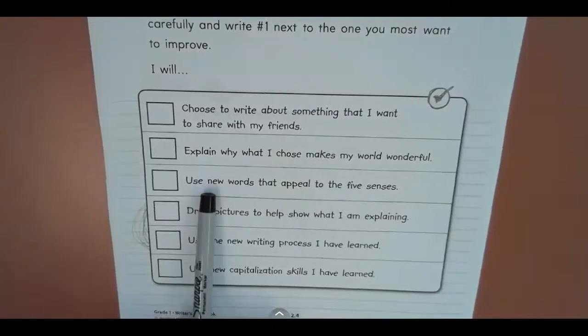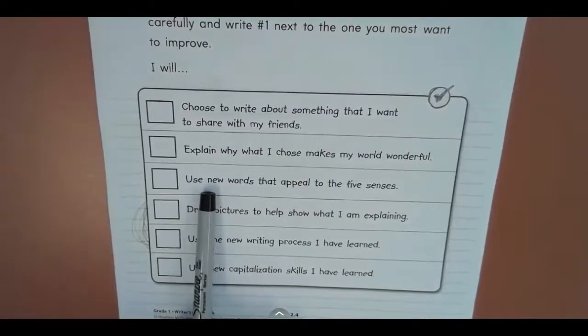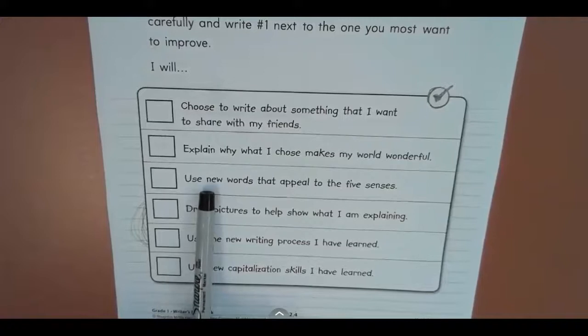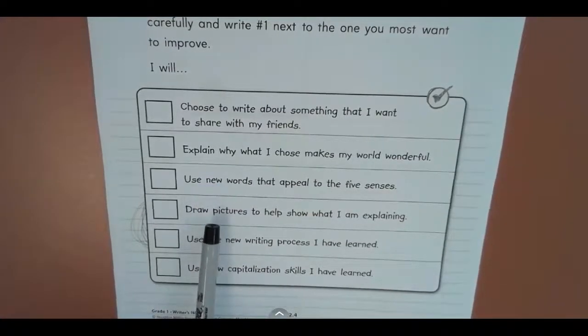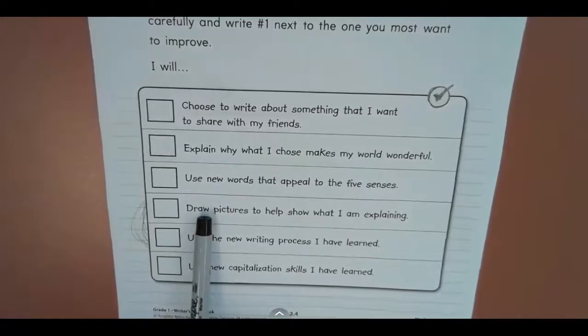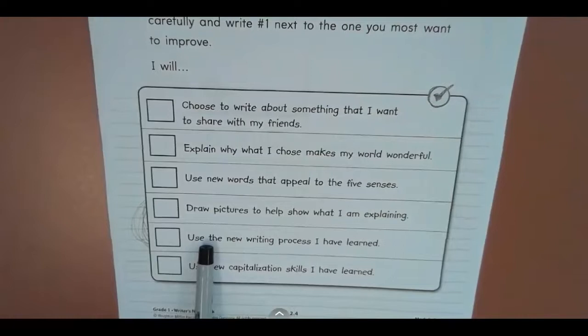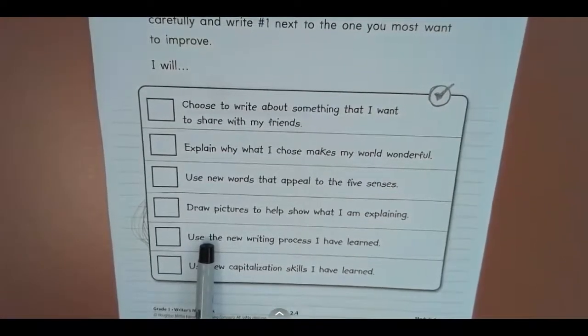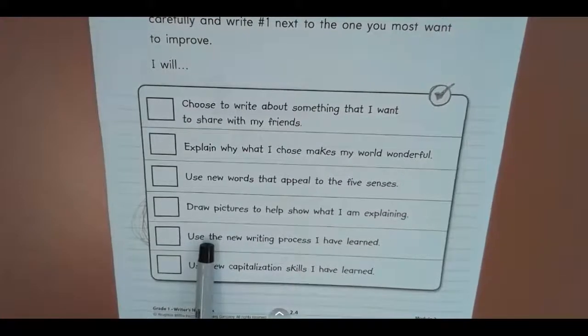That just means that you're using new words for what you see, what you smell, what you taste, what you hear, those 5 senses. You're going to draw pictures to help show what I'm explaining. Use the new writing process I have learned to plan, draft, revise, edit, and publish. Or to use new capitalization skills I have learned.